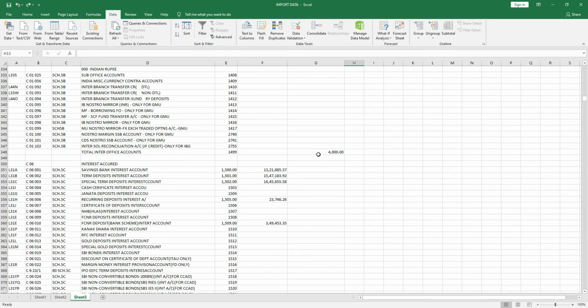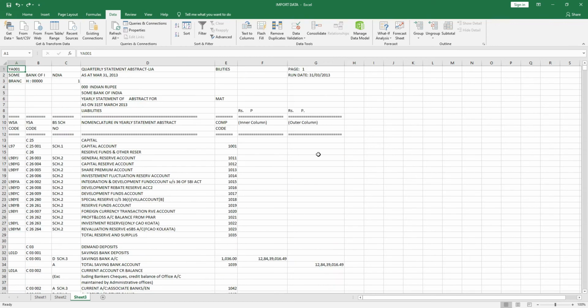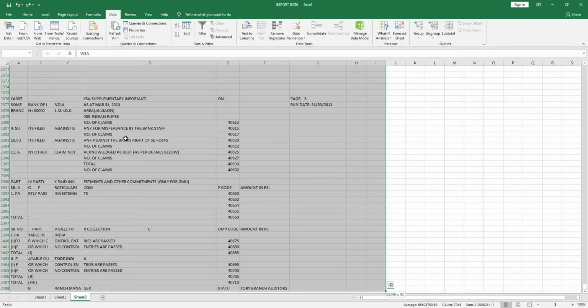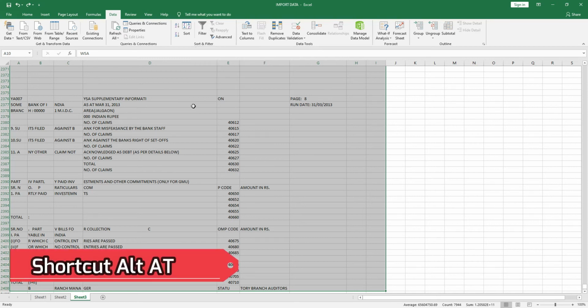Now here I'm going to show you two options to clean this data. One is the filtration, the multi-level filtration. What I do here is I'll just press Ctrl and Home, get to the first row of the data. I wish to select the entire balance sheet. I go to row number 10, press Ctrl Shift and the End key. That is going to select the entire balance sheet, and I'm going to apply filters here. So instead of going to the Data ribbon and pressing the Filter option, I'm just going to use Alt A T.